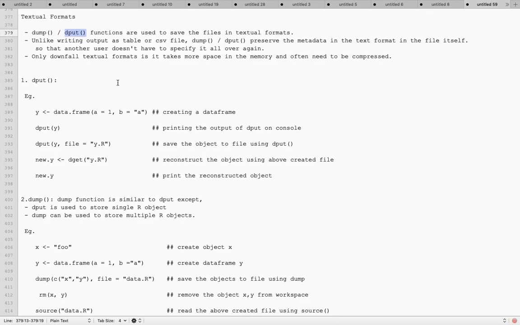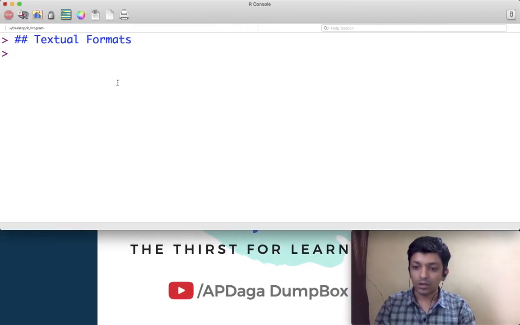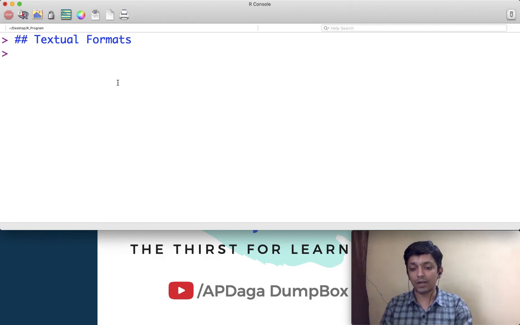So if you store some variable into a textual format and send that file to another developer or other person, it will be easy for him to understand it. There are fewer chances that the metadata and the actual data will be misplaced, right? Because it will be together in a single file.